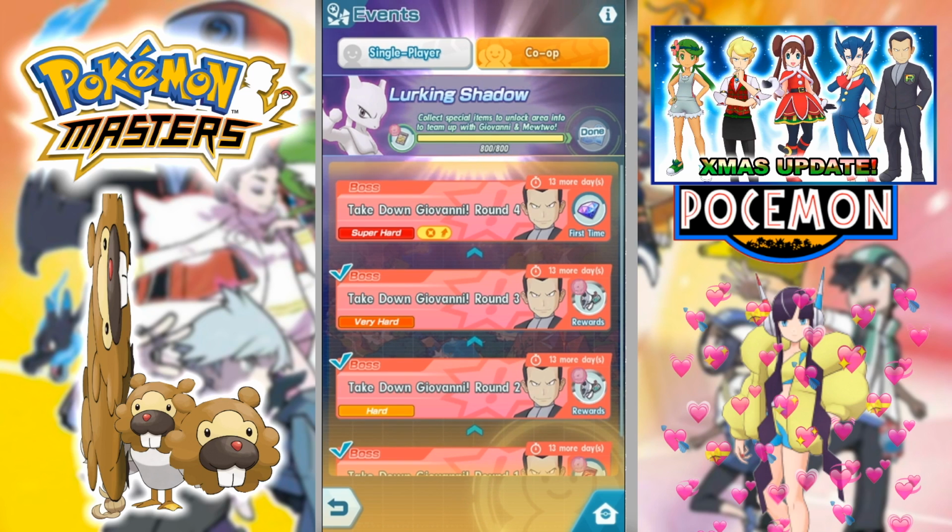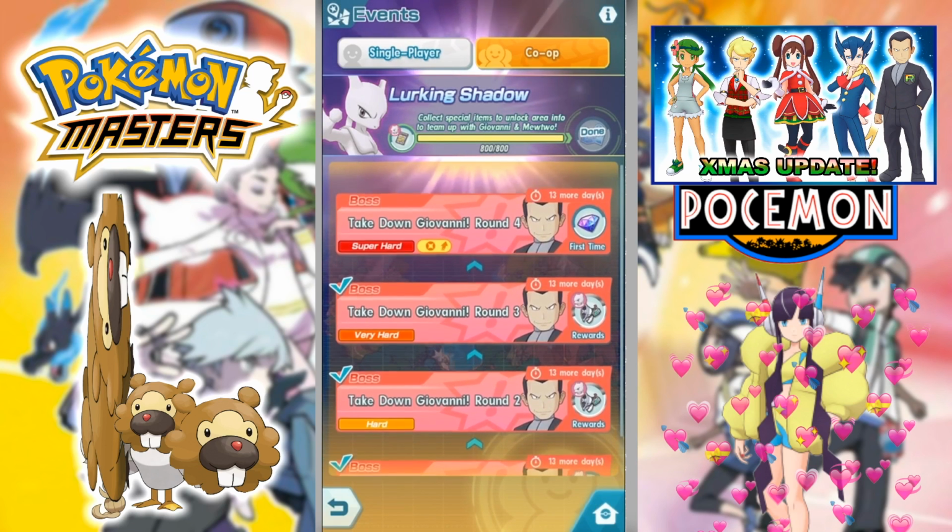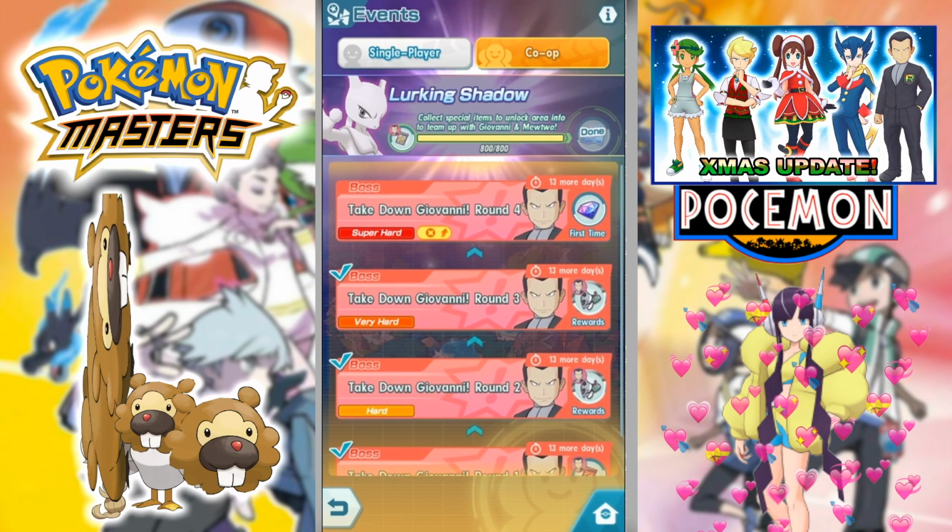So first of all, see that super hard course there? Do not do it. It's trash. The only good stuff you get from it is those gems for the first time clear. Once you beat it for the first time, you got those gems, then it's GG. It's like, I think, 300 gems or so. So after you beat it once, don't do it again. It drops absolute garbage. It doesn't drop any vouchers at all. I think it just drops like regular